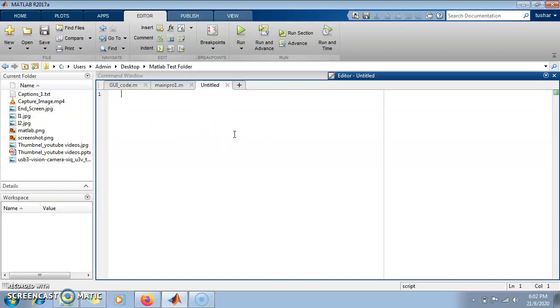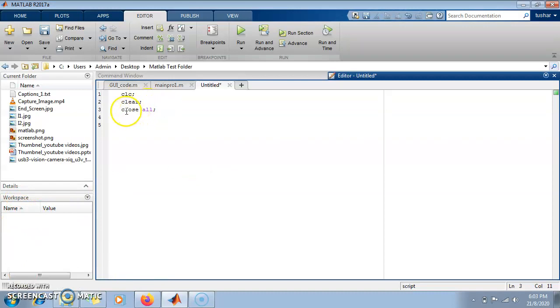Now first of all, whenever you want to start any script, always start the code with just these 3 lines. The benefit of adding these 3 lines is: clc will clear the command window. That means if you ran any previous code, the output of the previous code will be cleared from the command window, the output window, but it will remain in the workspace, that is the memory. After the clear command, it will clear it from the workspace also. The variables created by the previous code will get cleared.